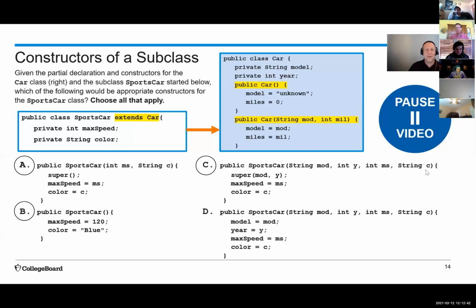My Prius can go more than 40 miles an hour, but no, it wouldn't be empty, because if for this constructor to execute, somebody would have had to send a string and a year. The first two, A and B, both of those would be unknown and 0 for the year or the miles